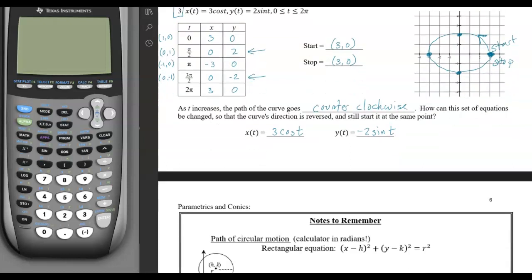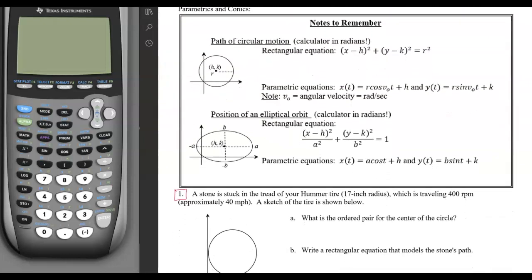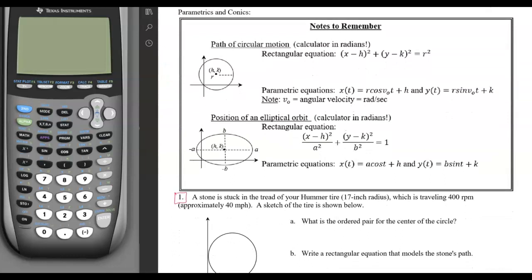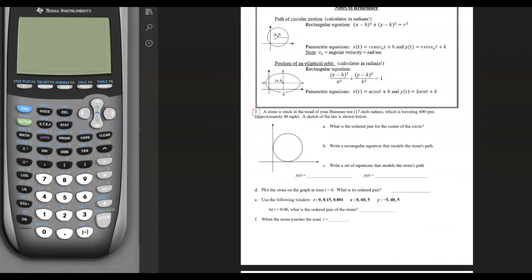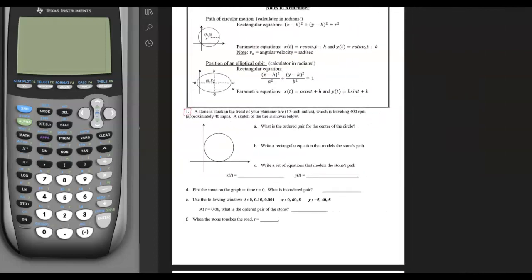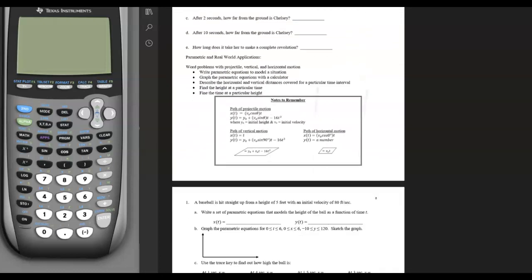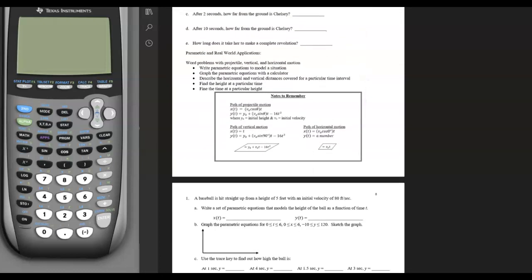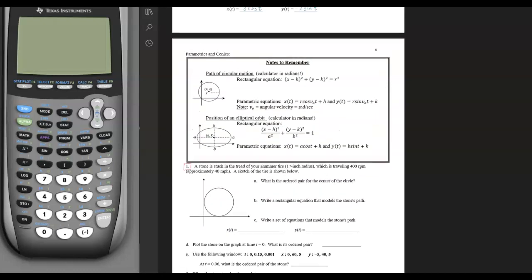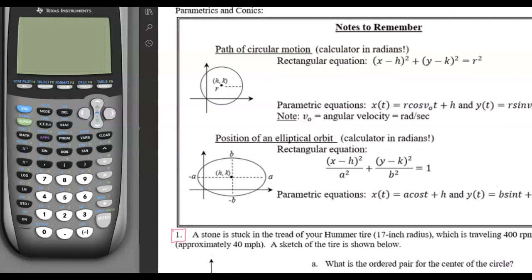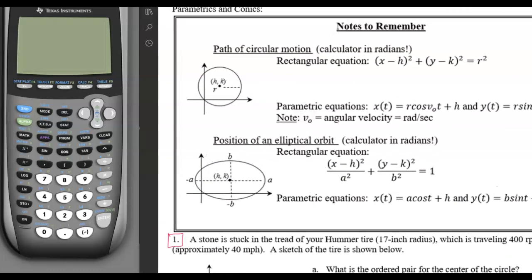Okay, so now on to the meat of parametrics, the word problems. Today we're only going to be going over one word problem. Next class we'll be going over another circular motion, and we'll also be going over projectile motion and vertical or horizontal motion. But today, we're honestly just going over a path of circular motion. So if you look,